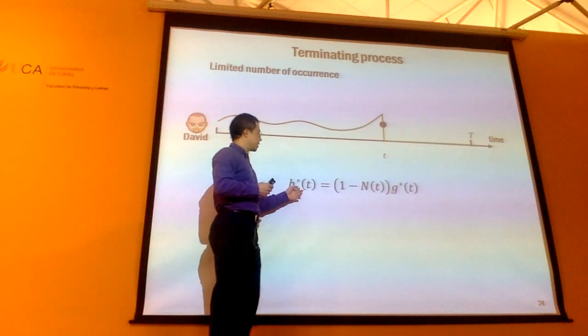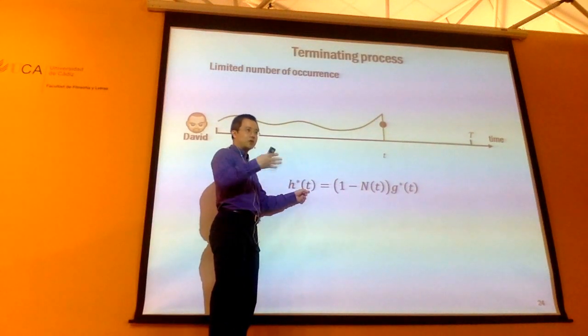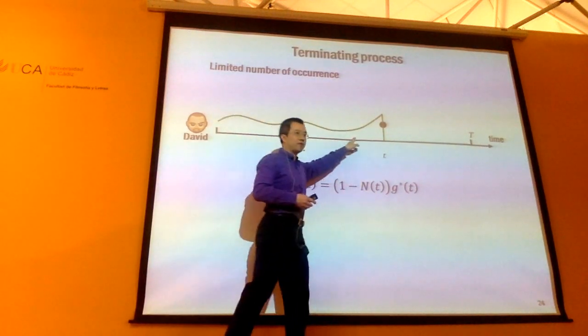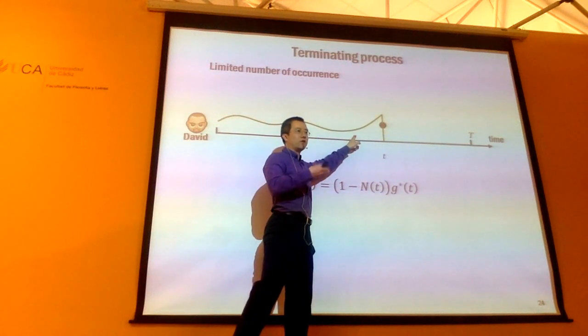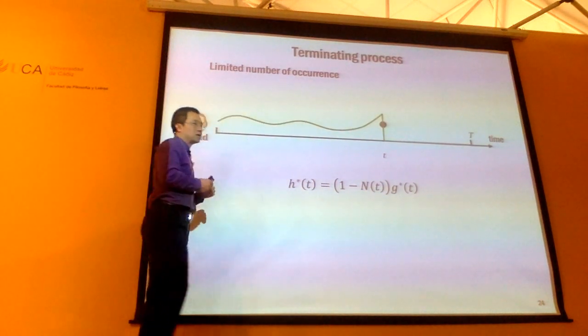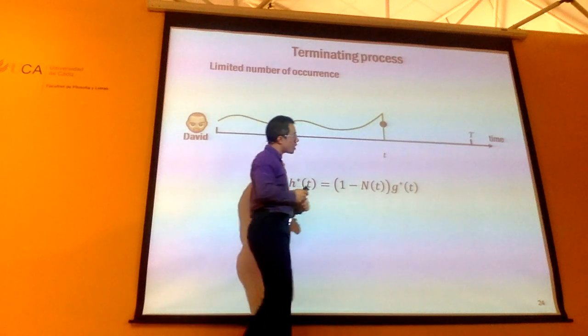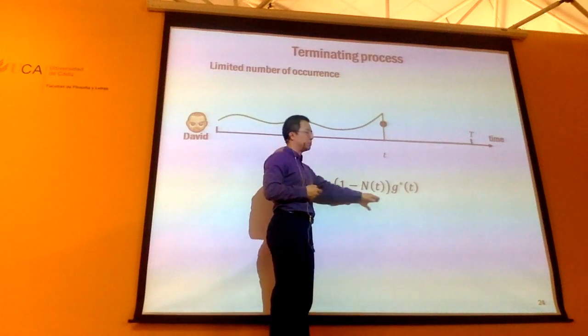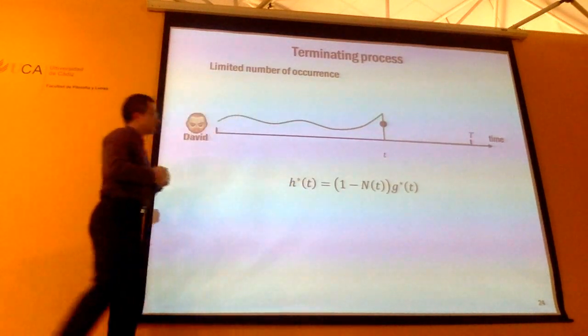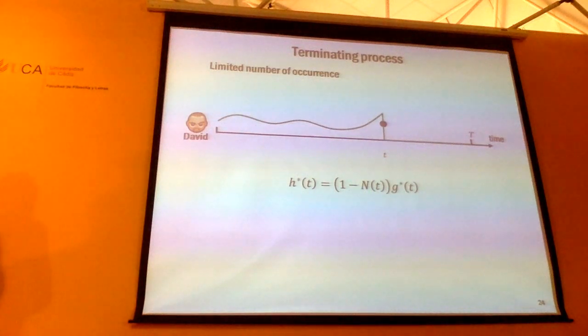Right? So in this particular case, the intensity itself actually depends on how many events you already had in the past. So it's different from the homogeneous Poisson process. It doesn't depend on the history at all. In this case, it depends on the history. Could you just provide a simple example of how that can be useful?